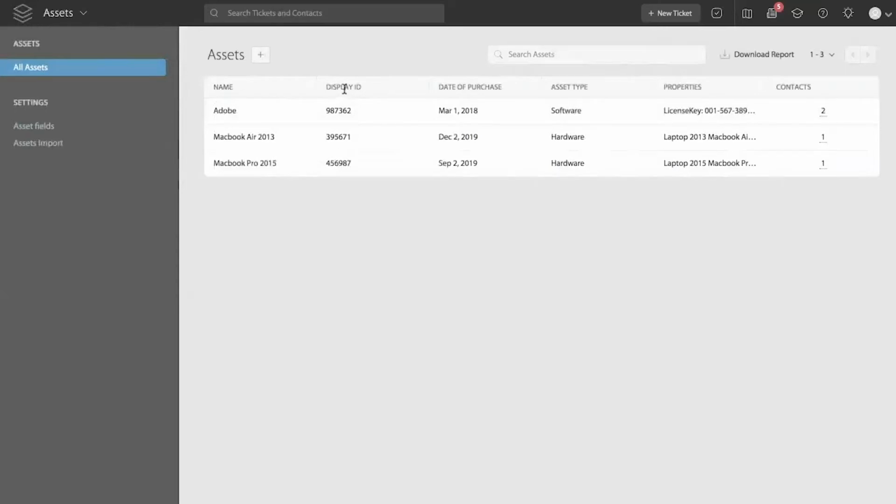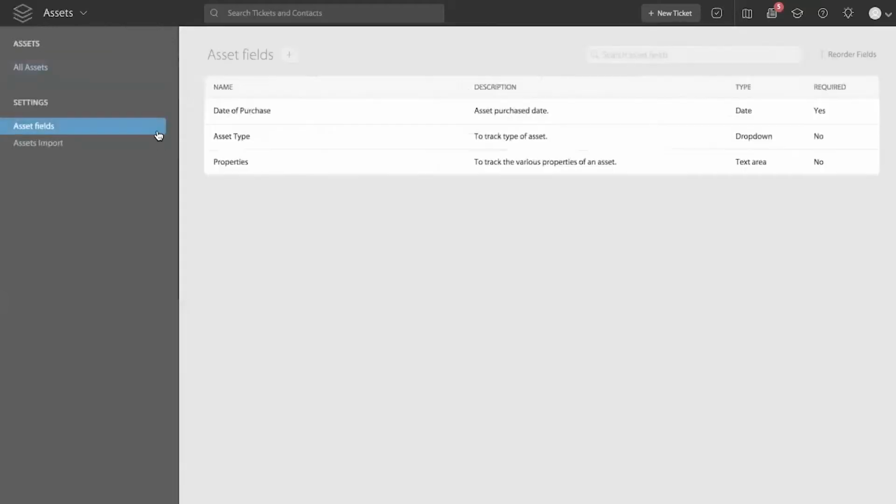And then you have to build your CSV file to contain all the other asset fields which you have defined in your asset library. If you have defined certain fields to be required, then you have to make sure that those fields are populated for each of the rows in your import file.